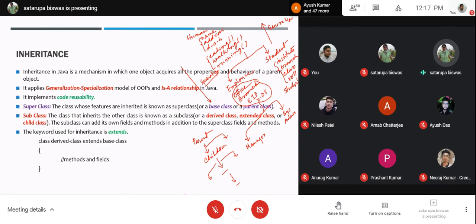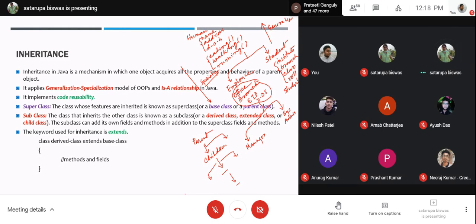So what we are talking about is specialization. When you go for some specialization, you should add some special property that will make it special. So there should be some difference between employee and student, between human and student. Otherwise, why should we declare a student class separately? So obviously, the properties and methods which make the difference, include them as a specialization inside your child class. From the parent class, you are getting the common properties. Inside the child class, just write those properties which are only for the child class.